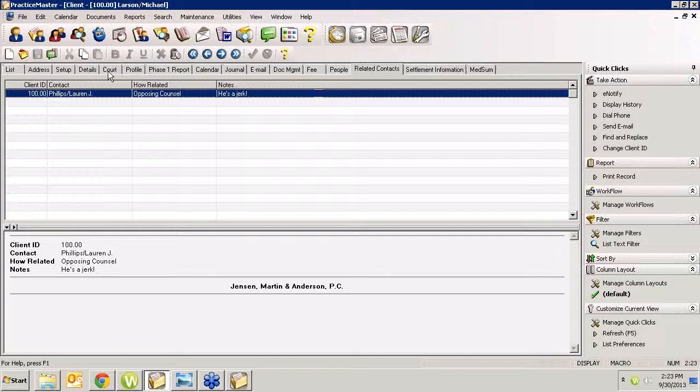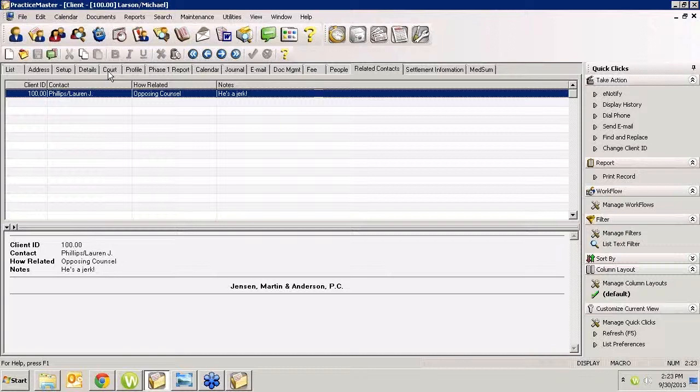Here, they're all coming from the same file, this People file, this How Related file, or Related Contacts file, that allows you to have them all in one place, all in one screen. It makes it easy for the attorneys, too, to simply go to one place and say, I know this is the tab that I'm going to click on to get a list of everyone that's tied to this case, instead of them having to know